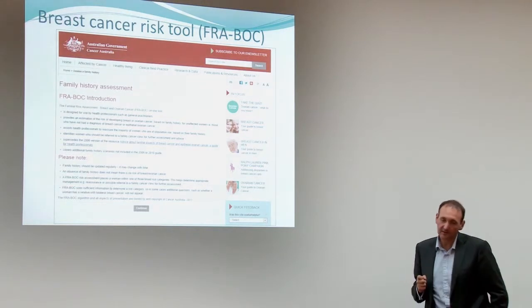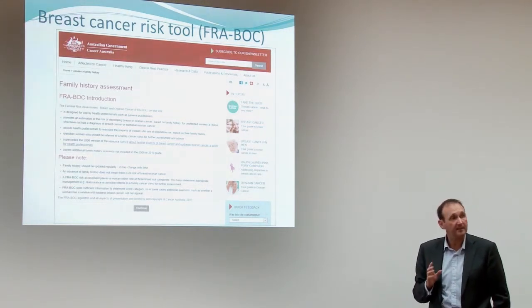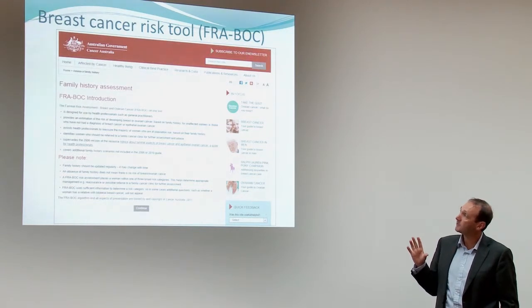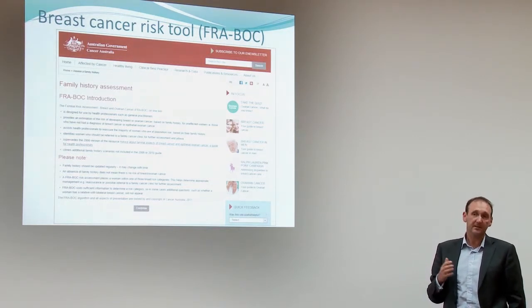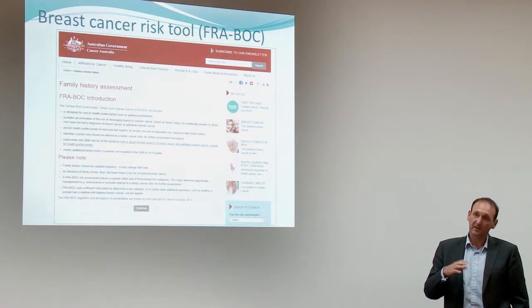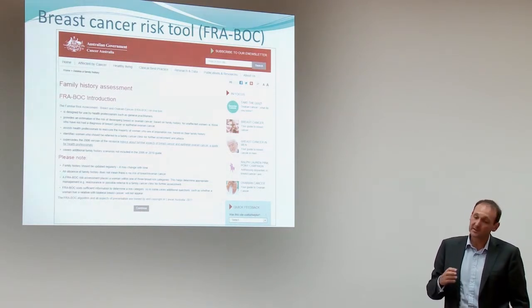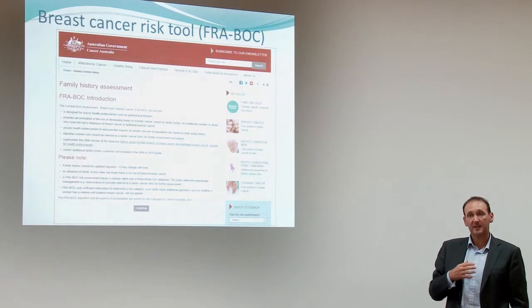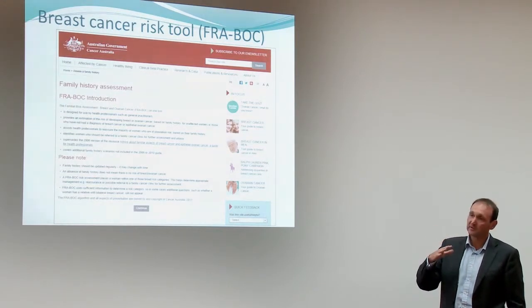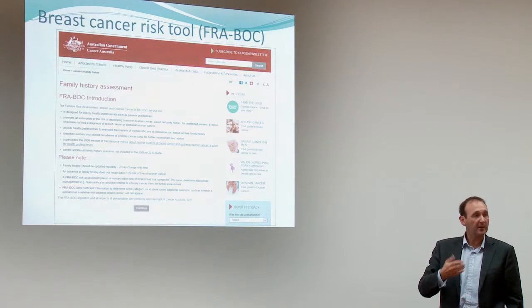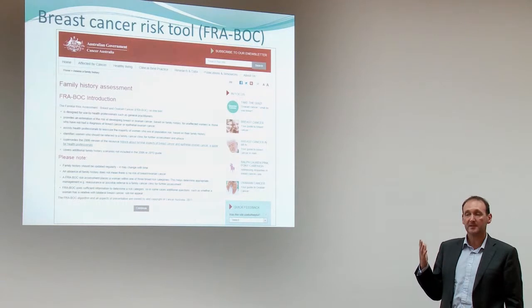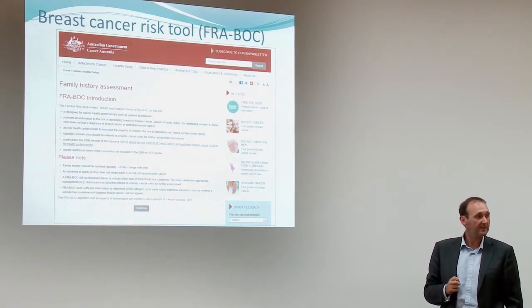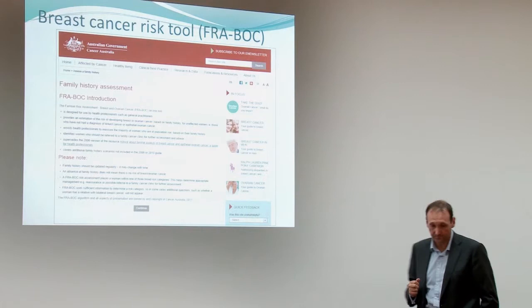You may also want to know that on the Cancer Australia site there is actually an electronic family history risk tool for breast and ovarian cancer. You may want to at least have a look at it and see whether you think this is something you might find useful as part of this detailed risk assessment. Alternatively, as long as you've taken the detailed family history and you're happy going through the risk criteria that we'll summarise from the Red Book, then we're not saying that you have to use this, but you may want to at least have a look at it and have a play with it to see if it's something you might want to use.